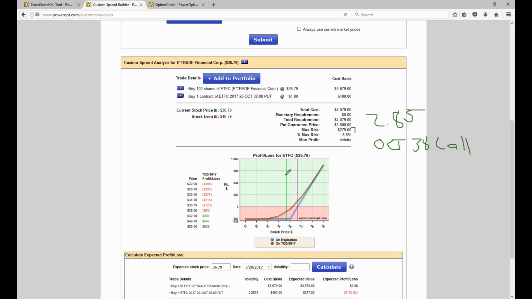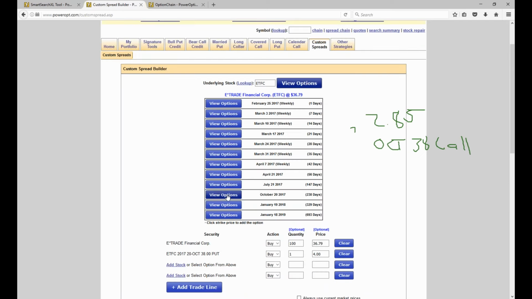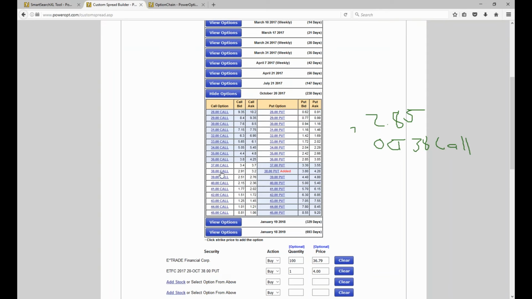Well, I can tell you what it is. Let's find out what it actually is. All right? So I'll go to the October 38 call. Oh, I'm wrong. Shoot. Okay, well, it's not too bad. It's a little bit higher than I expected. So 290 to 320. Hey, we're going to call it 305, midpoint.